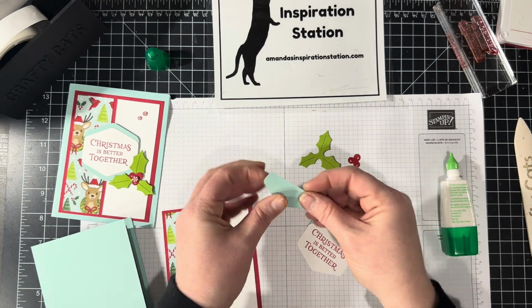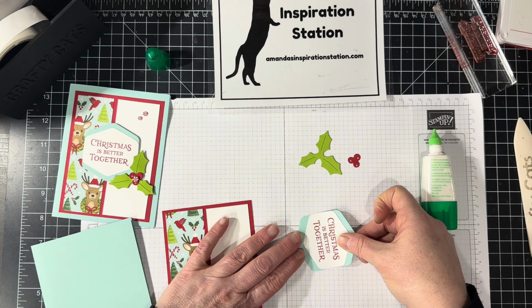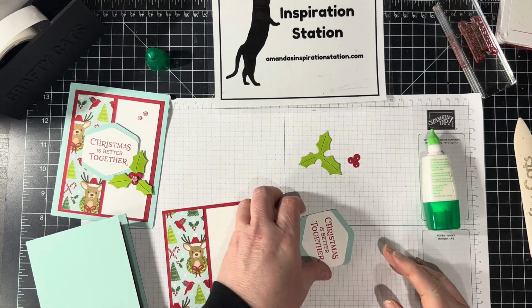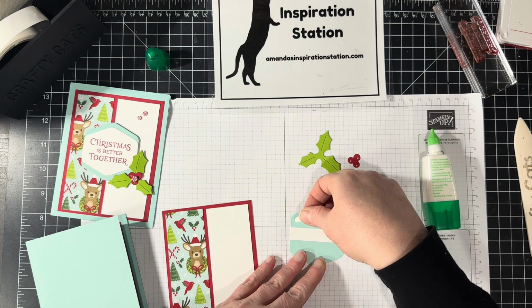All right, so I'm just literally taking a little bit of my glue on the edge where I cut, and then I'm just placing it over the top like this on both sides. And I'm just doing it like that. I am now going to flip it over though, and I'm going to